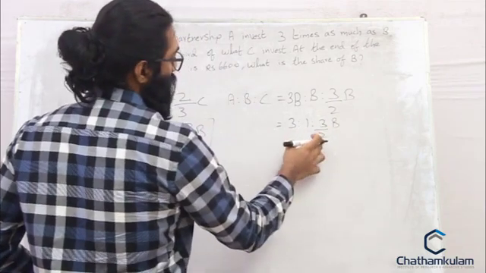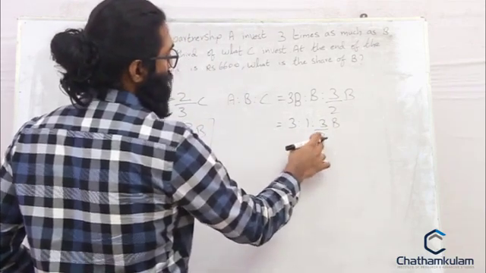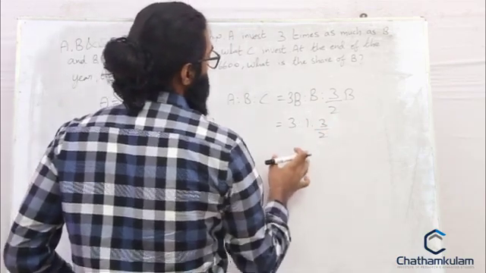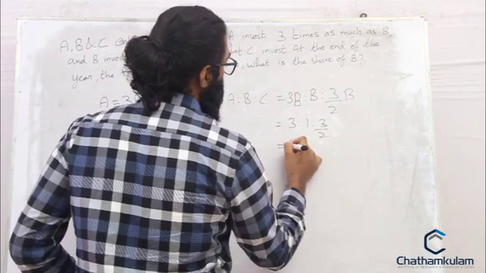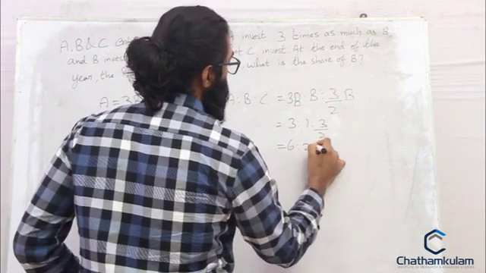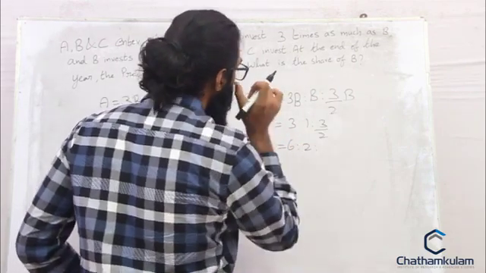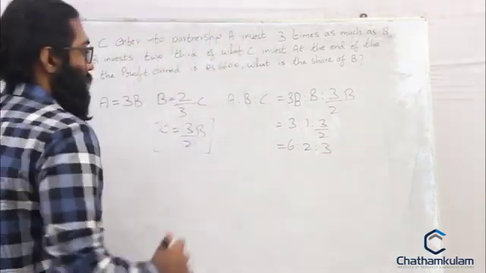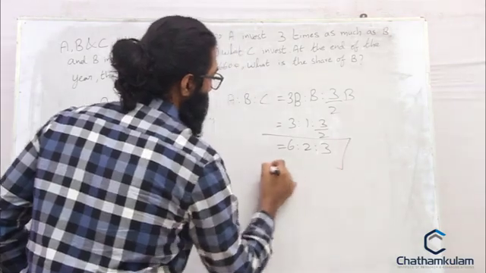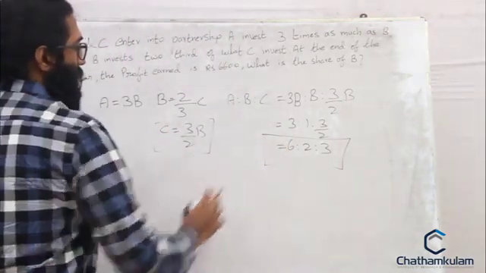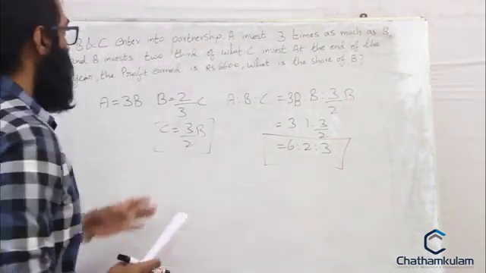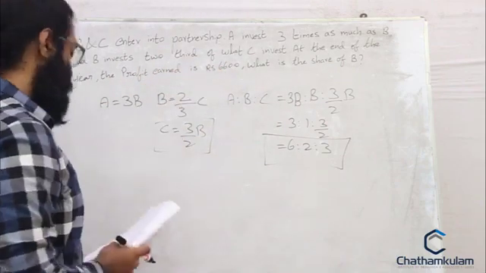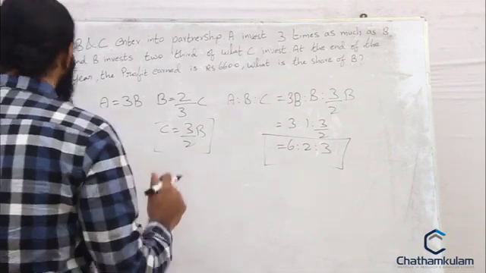Since this is 3/2, we can multiply everything by 2 here. So the ratio will become 6:2:3. I hope the ratio is clear. But in the question it's given that the profit earned is rupees 6,600, right? So the share of B will be,